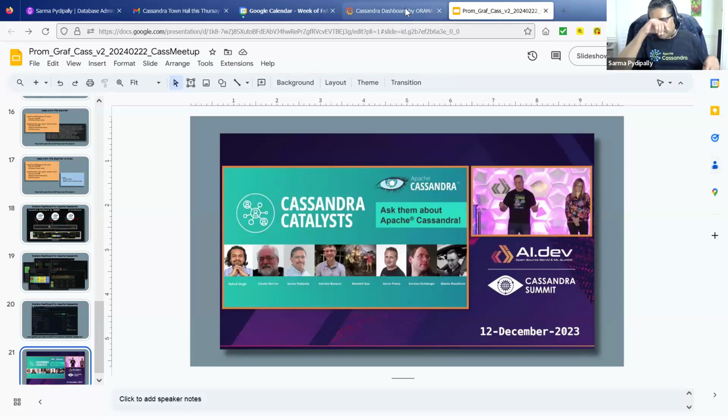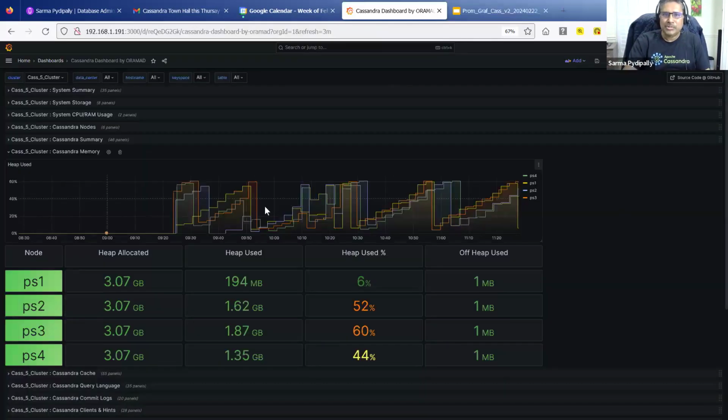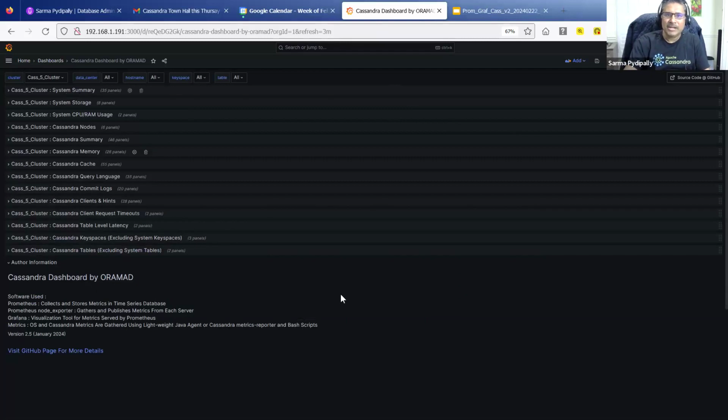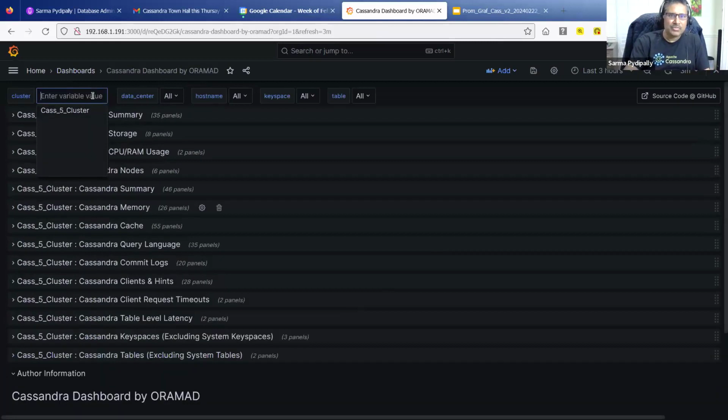What I did is I constantly run some virtual machines at home. Either I'm fixing bugs, or I'm trying out new changes to not just this dashboard, but let's say a new version of Cassandra comes out, I immediately want to build it and try. So I have my own VMs. They're not very heavily loaded, or they're not beefy, so they're a little bit of RAM here and there. But this is the dashboard which was published earlier, and I'm updating it, so you will see some updates. Don't worry too much about the font, but it has these filters on the top.